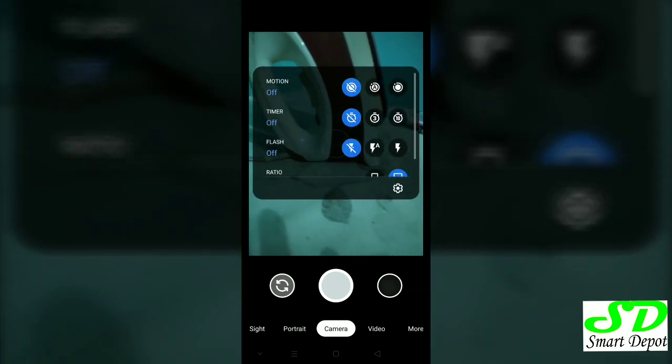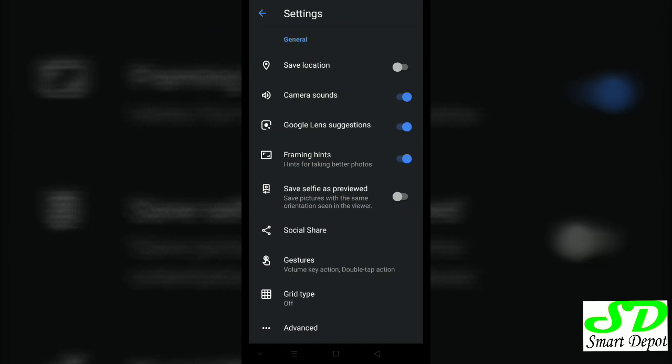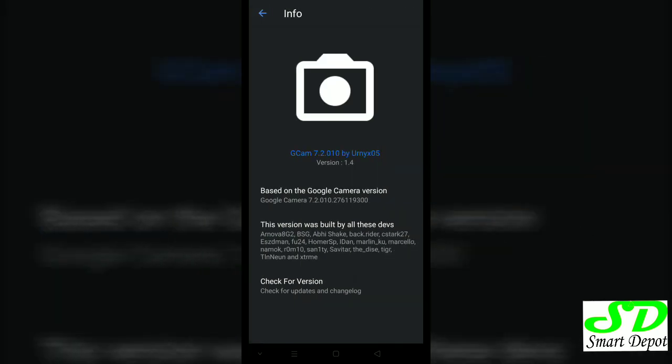As you can see, this is the settings. You can go in there. It was designed basically for, I think, B90 Pro or something, but we're able to make it work in the Realme X2. So it's good we start with the night sight, and then in the previous one we did